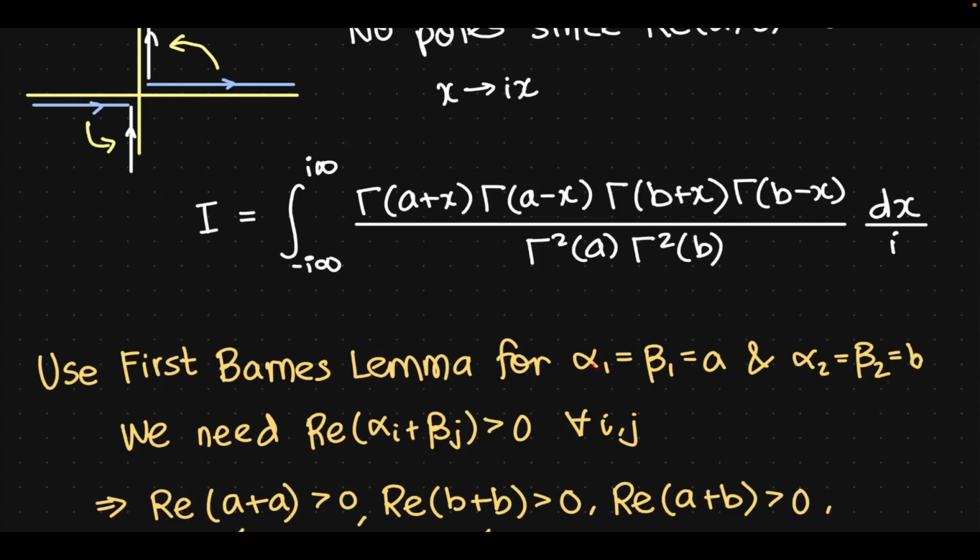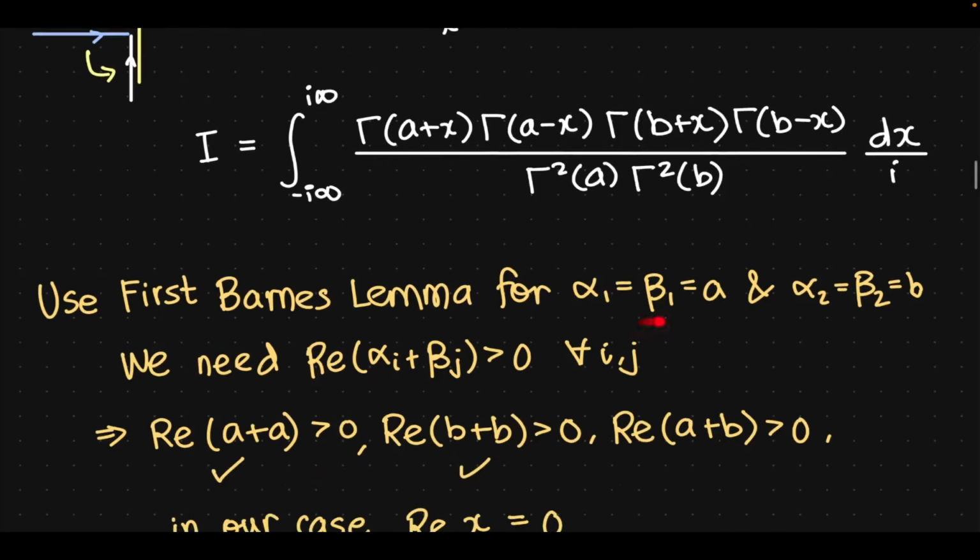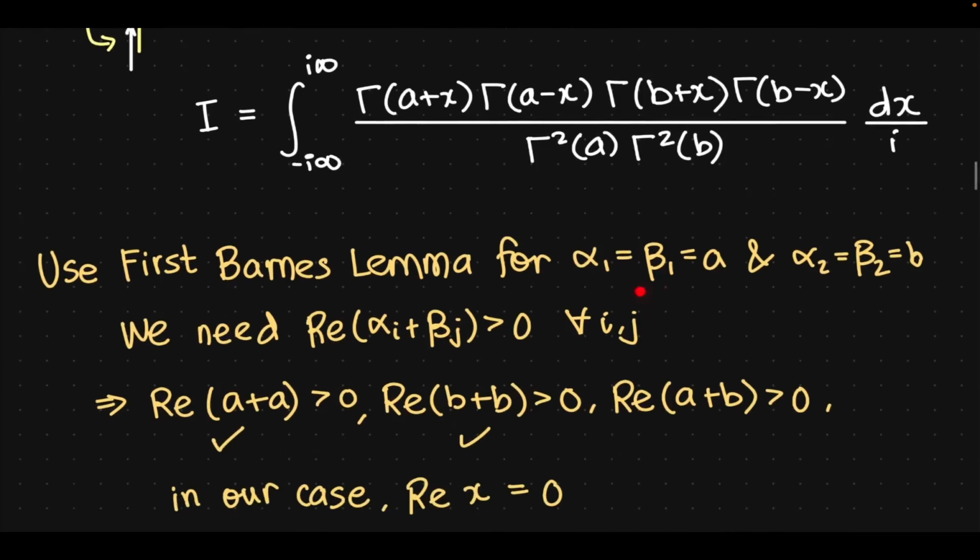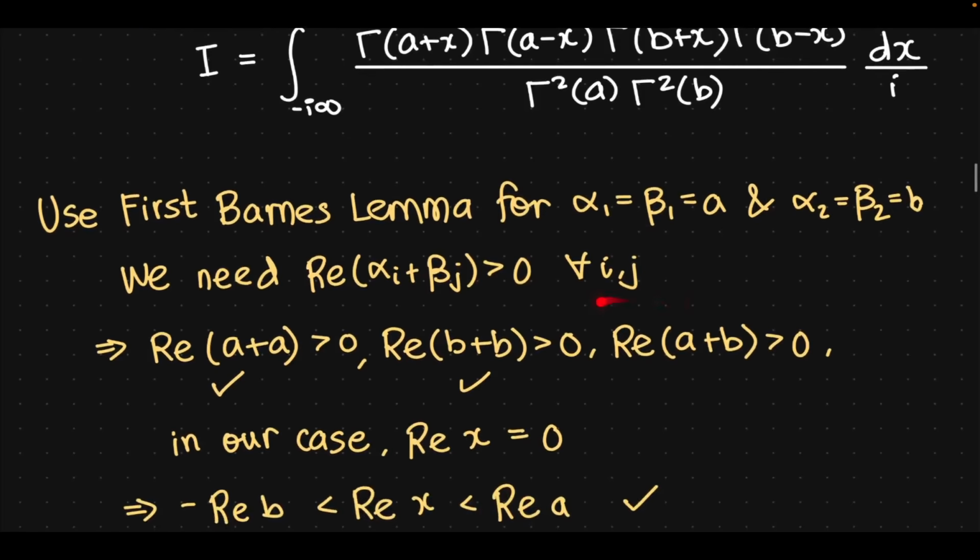Alpha 1, alpha 2, beta 1, beta 2 are basically how we define them at the start of the video. So we just need to verify the condition for the first Barnes lemma to be applied. We need real part of alpha i plus beta j to be greater than 0 for all i, j, summing over 1, 2. Well, in the first case, when we take real part of alpha 1